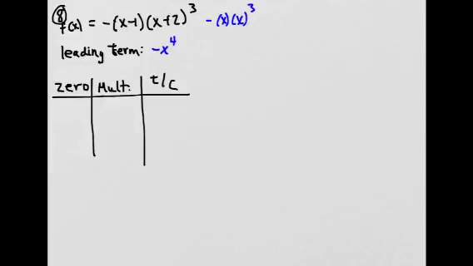Okay, with that we know that the ends of the polynomial both go down. Why? Because the degree is even and the a is negative. Okay, so both go down. So now for the zeros, you take the first factor